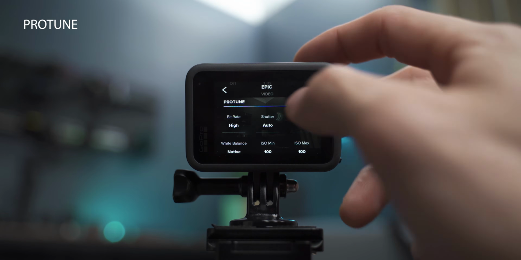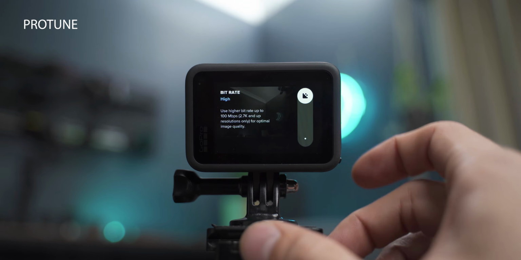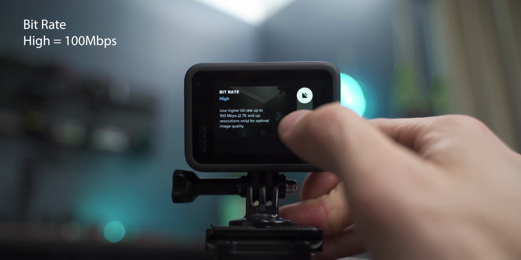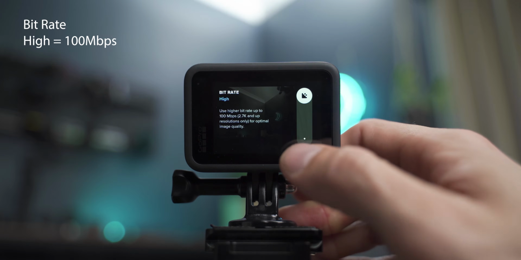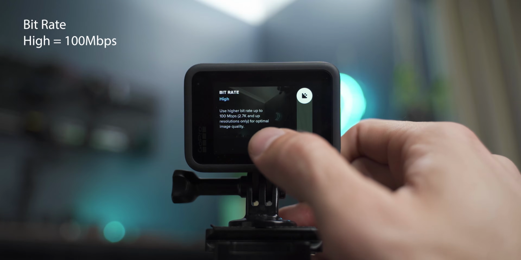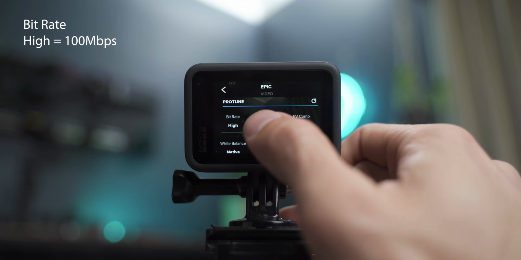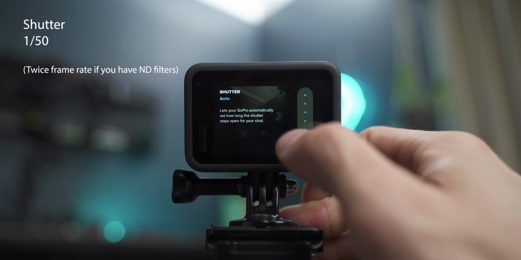Now go into Protune right here. Now select the bit rate, it will be on standard, so go up to high. This allows you to have that 100 megabits per second bit rate, so it's the highest amount of information and quality. Okay, so shutter, we're going to put it on